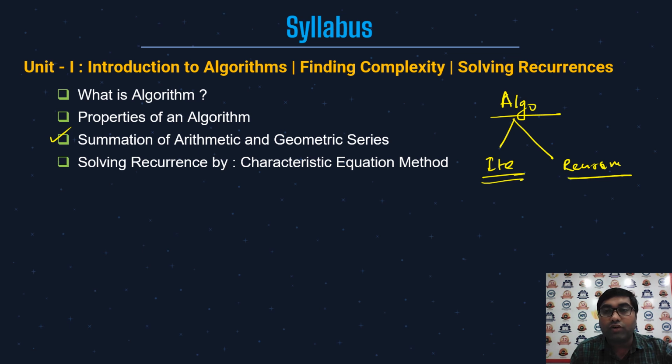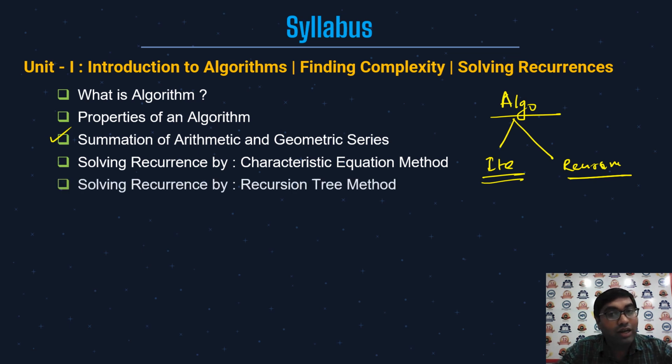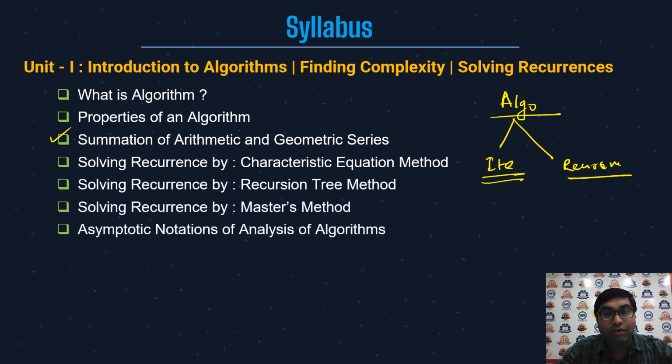Whereas if a recursive function code is there, then we have to solve recurrences, and therefore for solving recurrences we have to study various methods like the characteristic equation method, recursion tree method, master method, and